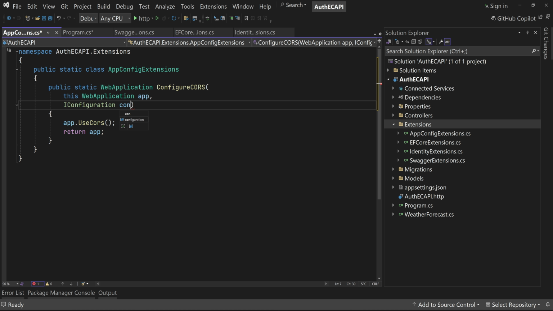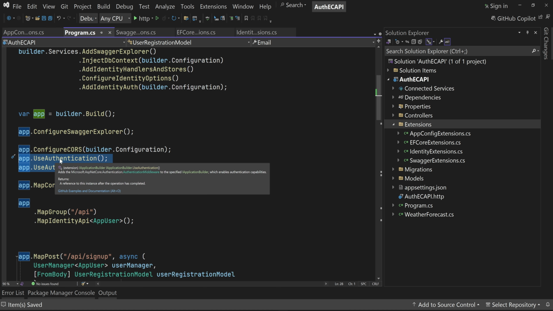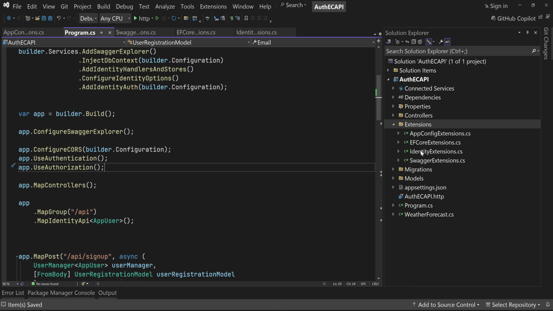IConfiguration as config. Okay. Now let's add our final extension method for adding these authentication and authorization middleware that we can do inside this